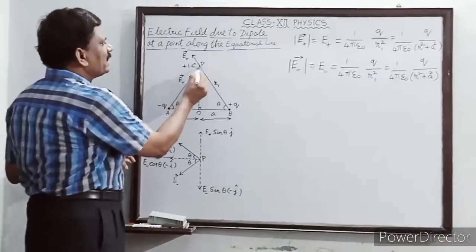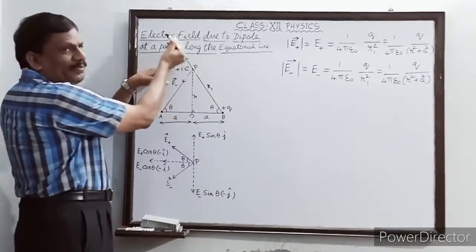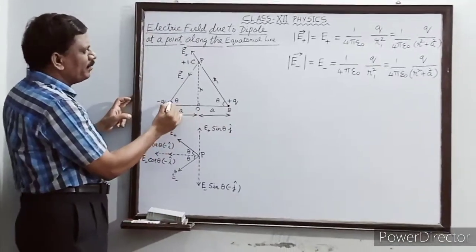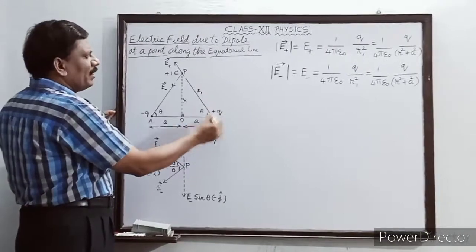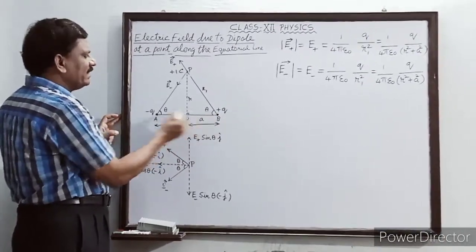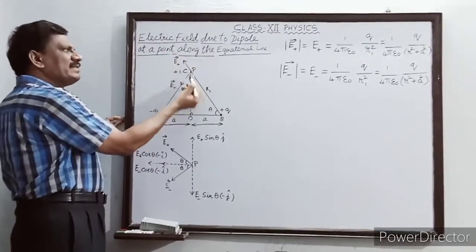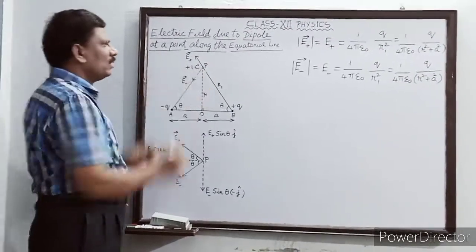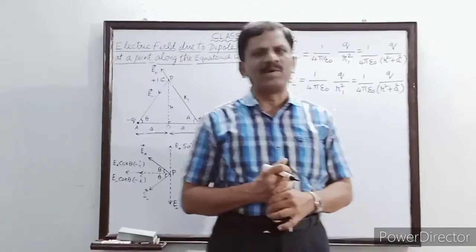So in this picture, you see that the E plus vector is directed along BP in the upward inclined direction, so that here the angle made by the straight line AC as well as PB with respect to the axial line is theta. Now you can see the direction of E plus is upward and the direction of E minus is downward. So I want to find the resultant of these two electric fields at the point P.